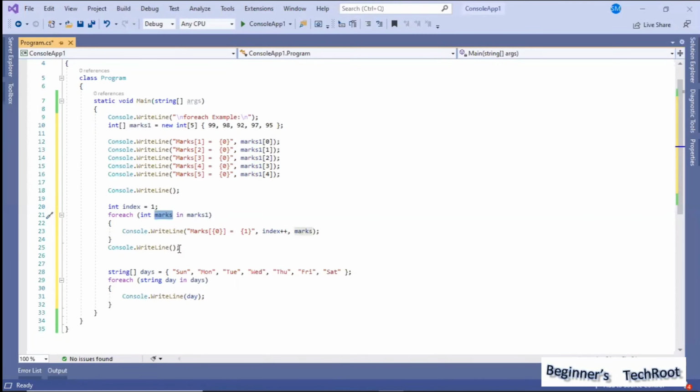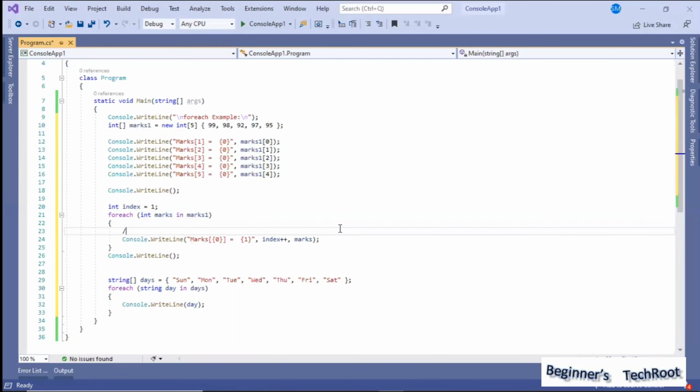Now see what I am doing: I am using marks in square brackets, with 0 within the brackets, and equal to, with 1 within the brackets. The reason I am doing this is that I want to display it like this.